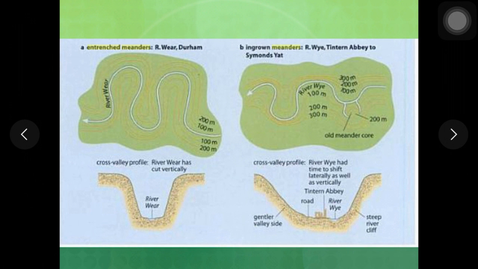downcutting its own channel due to fall in the graded profile, if this fall in the graded profile or base level is rapid, especially in case of meandering rivers, if the base level is rapidly falling down and the river is downcutting its own channel vertically downwards, if this rate of falling of sea level or graded profile is rapid, there will be only vertical erosion and no lateral erosion, and therefore you see formation of a symmetrical valley.